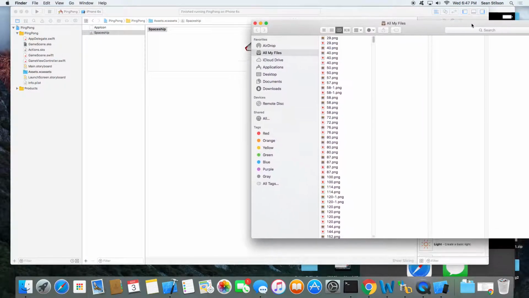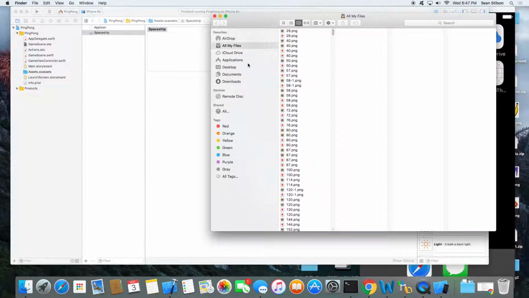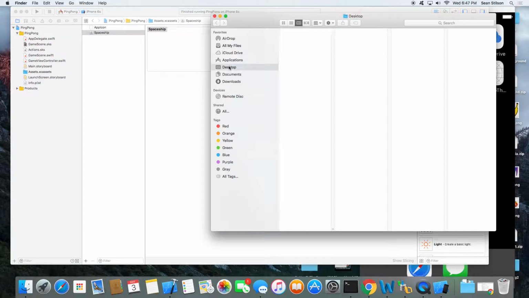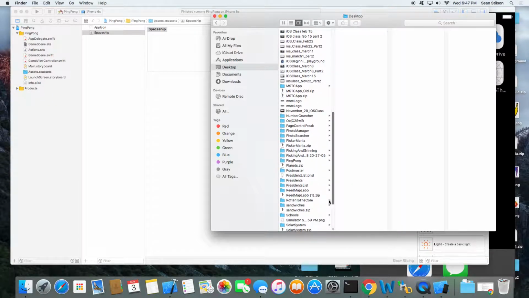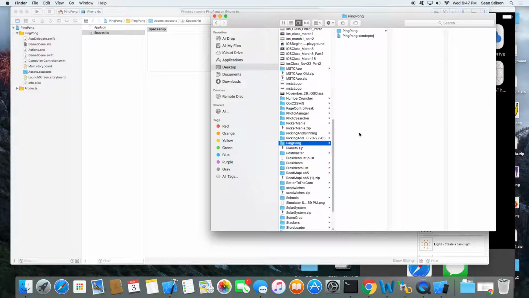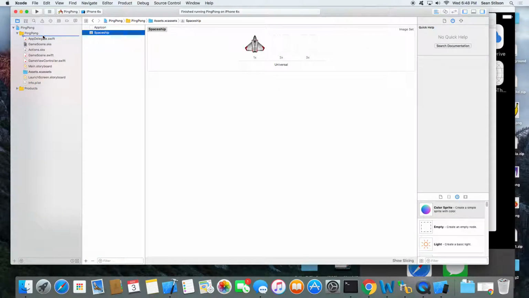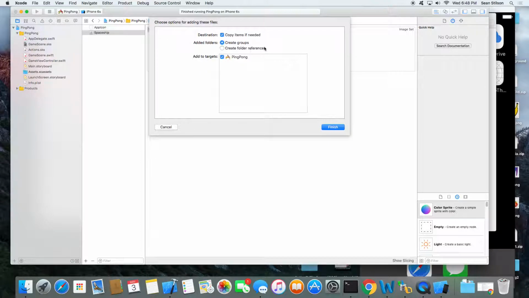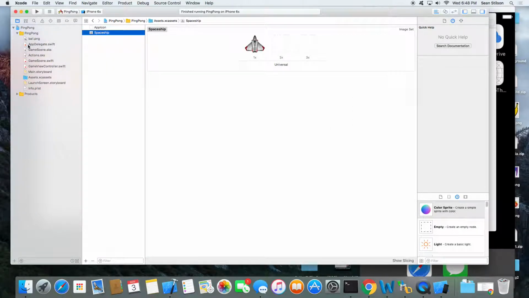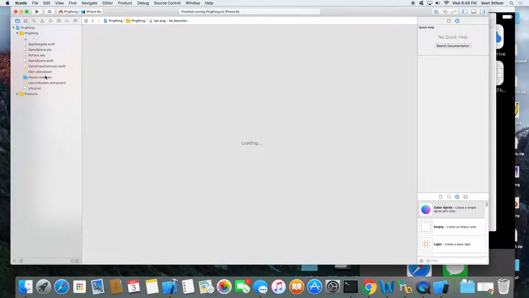So what we're going to do is take wherever you have your ball saved and drag it into the project like you normally would. Just put it anywhere underneath the ping pong folder. And make sure copy items is set, create groups is set, and finish. Now that places it in your project.